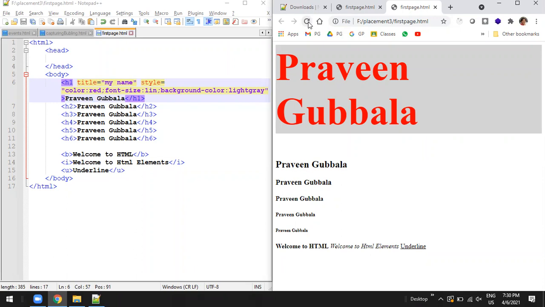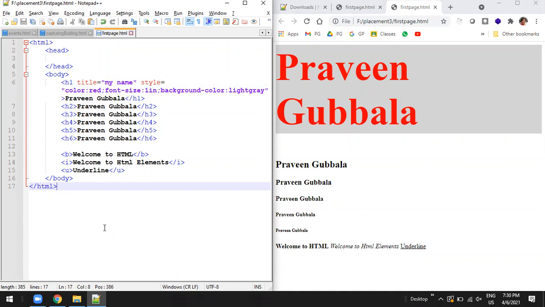Okay, hope you understood what an element is. How many elements are there in this particular page? 9. What are those elements? Headings H1 to H6, bold, italic, underline.